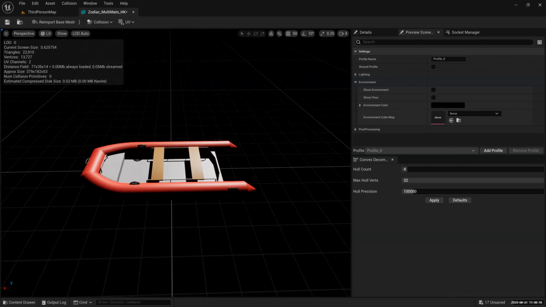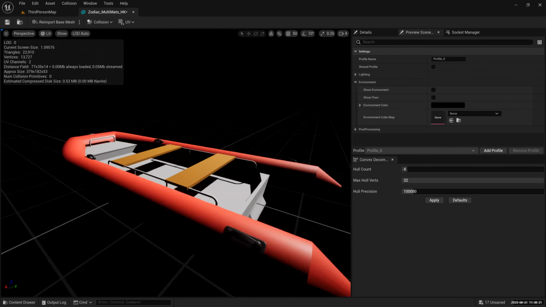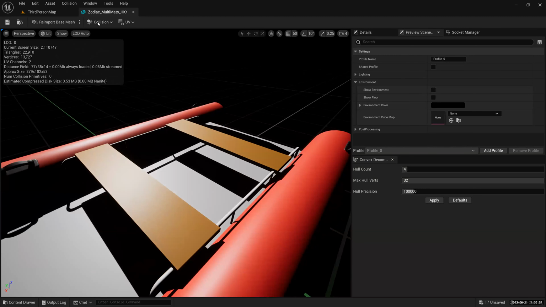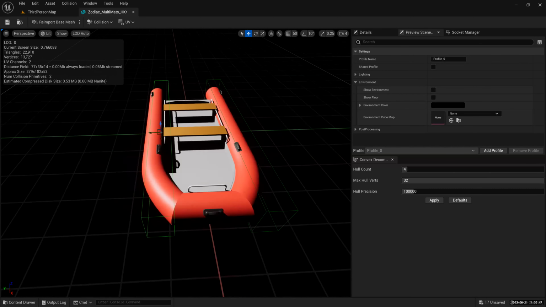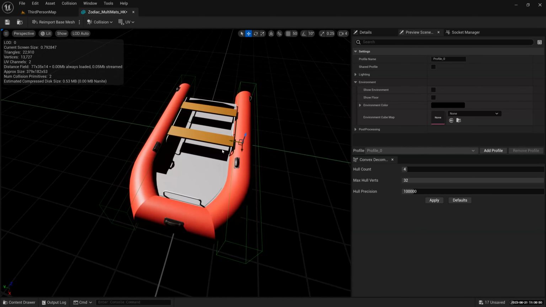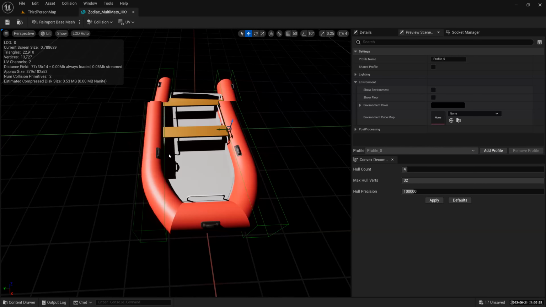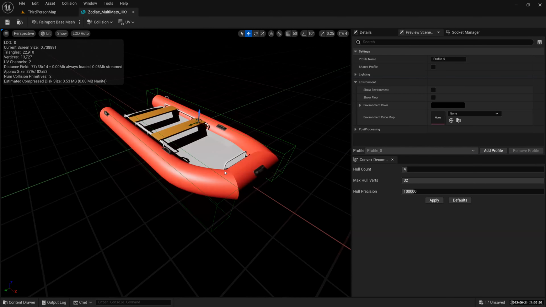Sometimes you have no choice but to go in and create your own, right? Which means you have to create something like this. Start with a simplified box, okay? And then you can start adjusting it like that. Yes, I know it's cumbersome, but to serve your purpose, you will have to do something like that. This is for the pontoon. I'm not going to do this because I don't have enough time. I have the whole day class with you, but you know what I mean, right? You've got to duplicate that, scale, rotate, blah, blah, blah. Then pick one for the bottom and then you save it. Okay.